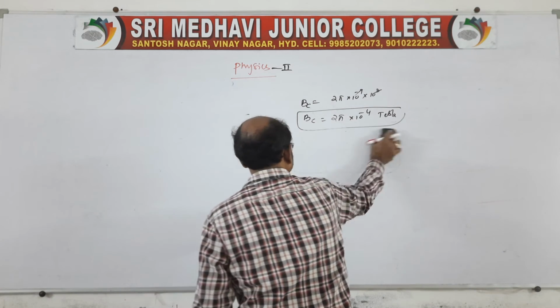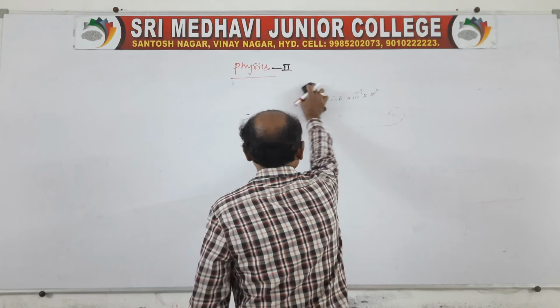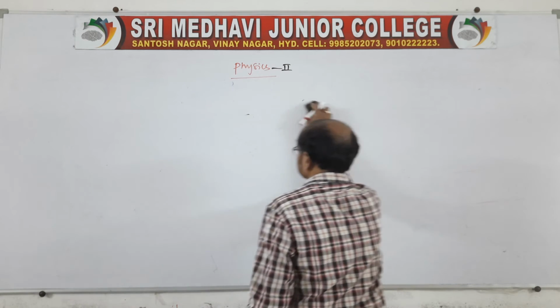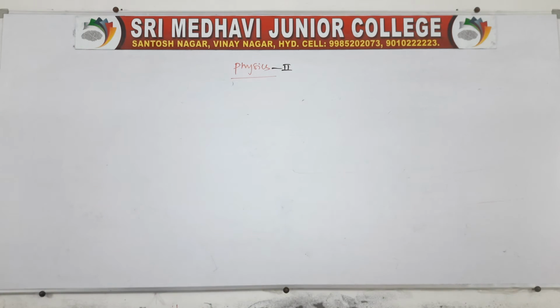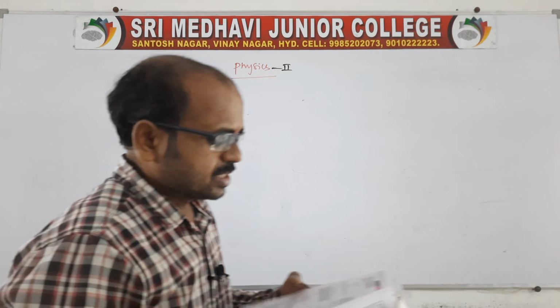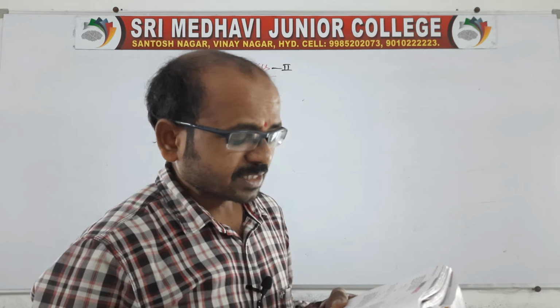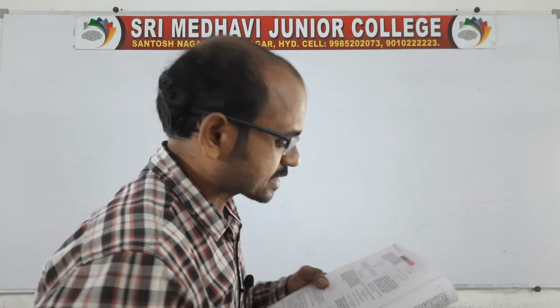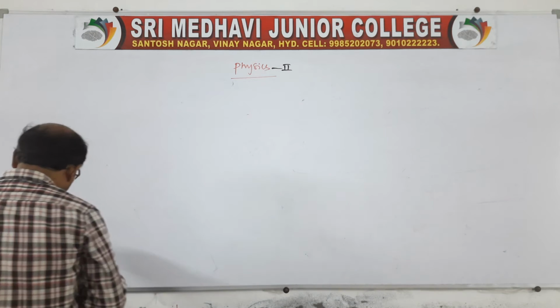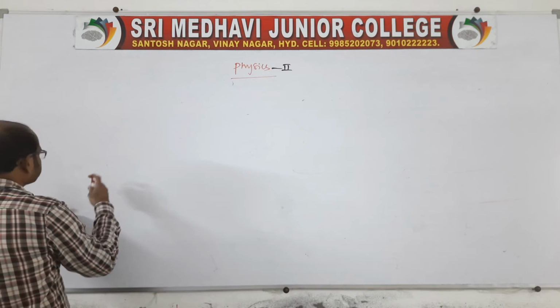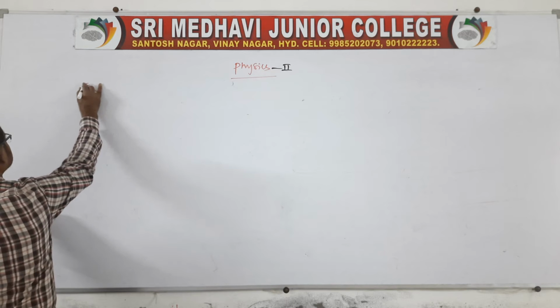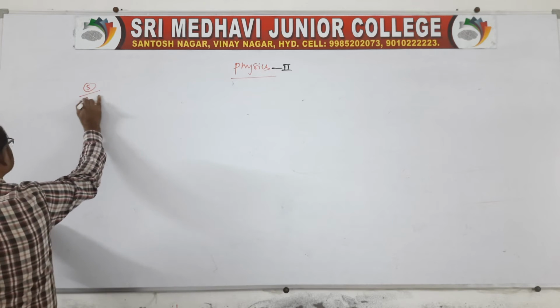Read the question everyone and you write the given data. What is given data? Which is very very important. I am telling every time that it is very very important. See, an element dl equal to dx is placed at the origin and carries a large current of 10 ampere. What is the magnetic field on the y-axis at a distance 0.5 meter and delta x is equal to 1 centimeter? See, this is question number 5, page number 204.